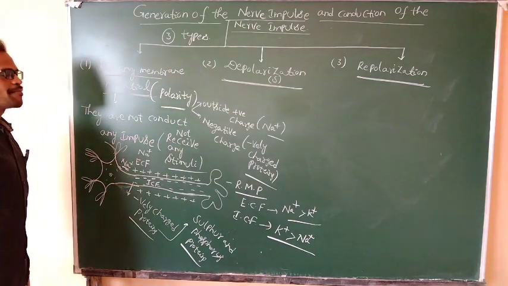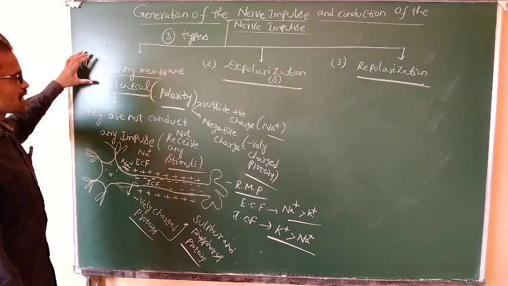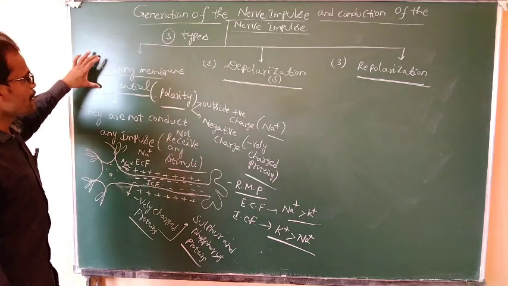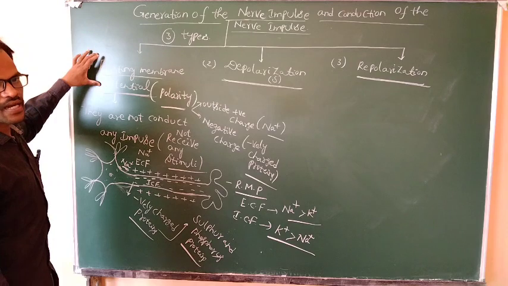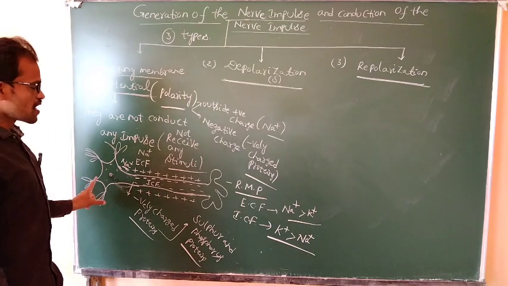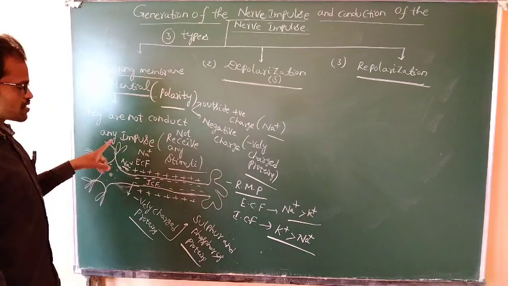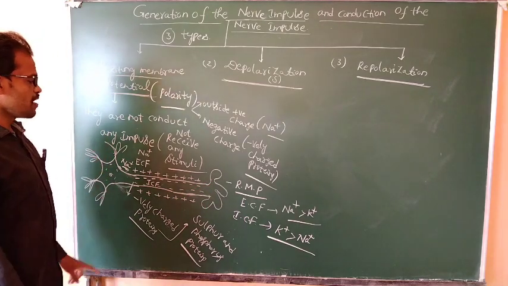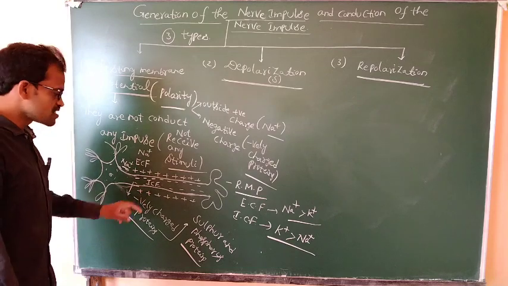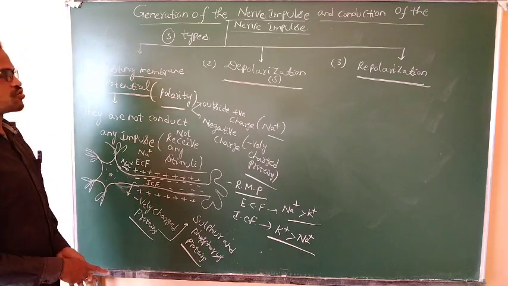During the resting membrane potential, the axon membrane, the axolemma, the nerve fiber or neuron is in the resting condition. Whenever they are in the resting condition, outside always has a positive charge and inside always maintains the negative charge.